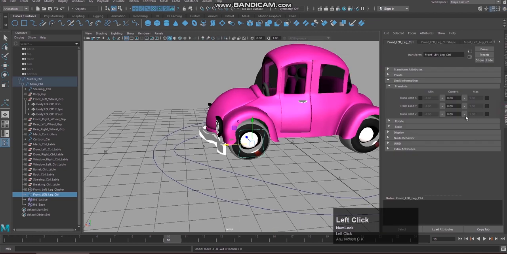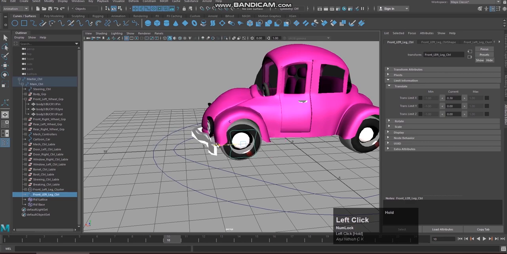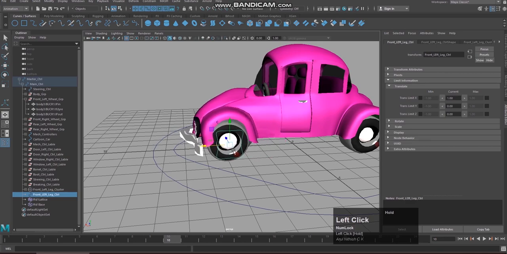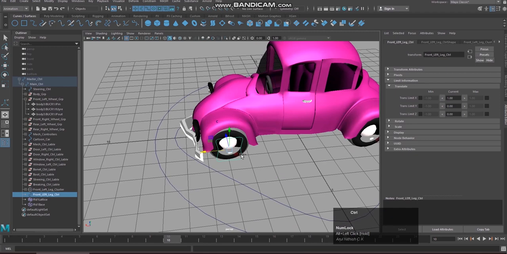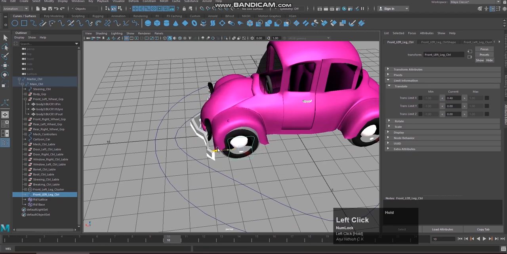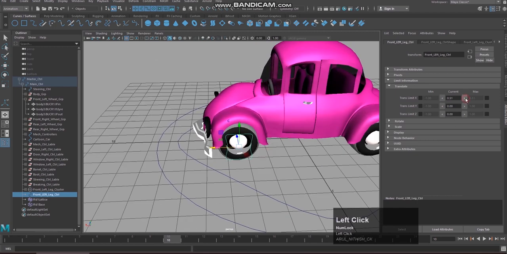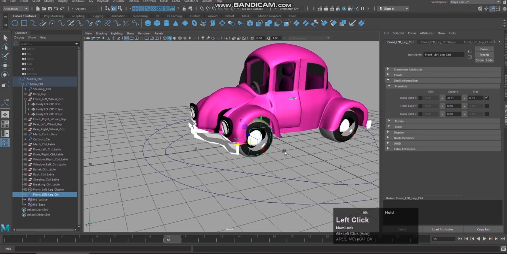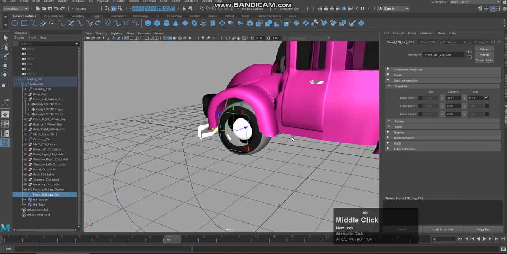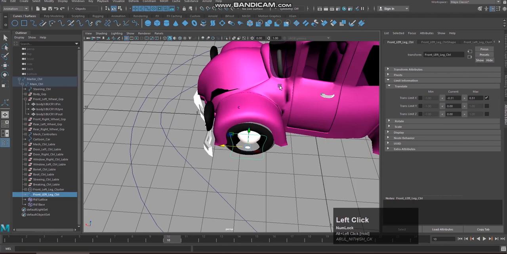So I'm going to attribute editor, translate x, maximum value. The maximum value first we need to give. This is the maximum value I'm giving, and I'm just giving the minimum value like this. See, the problem is it is getting crashed here. You should select properly.